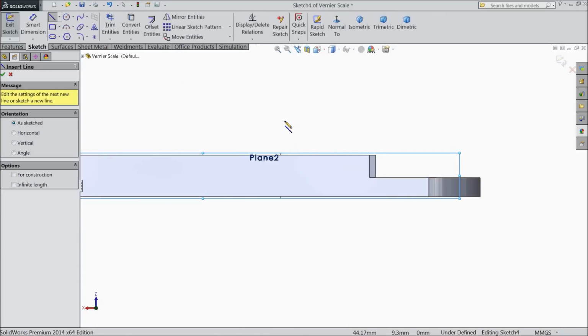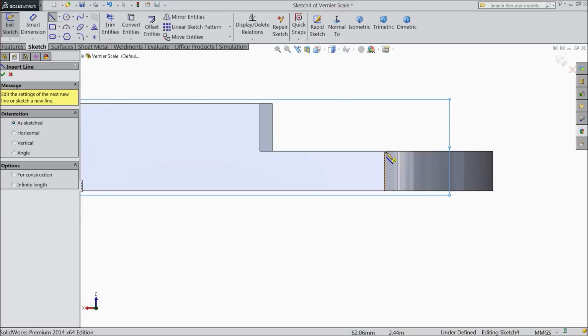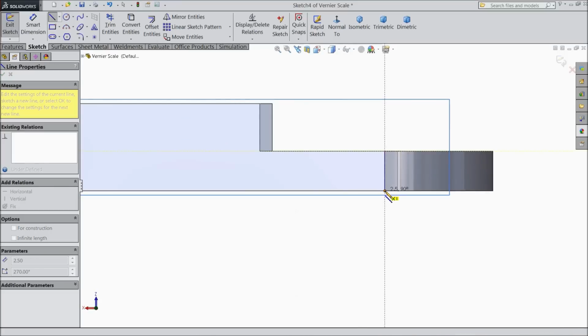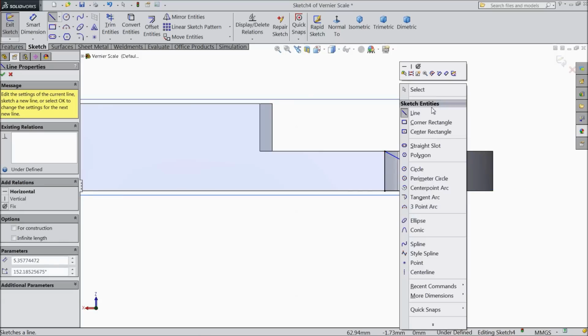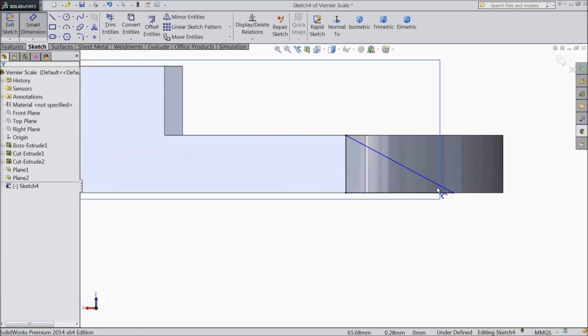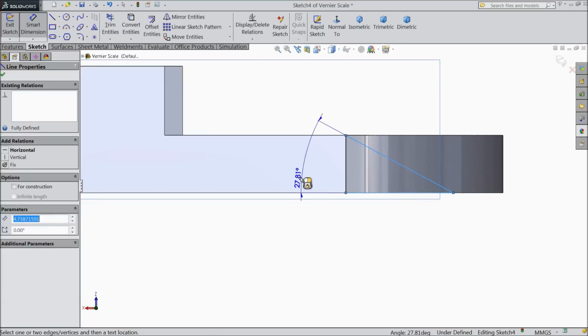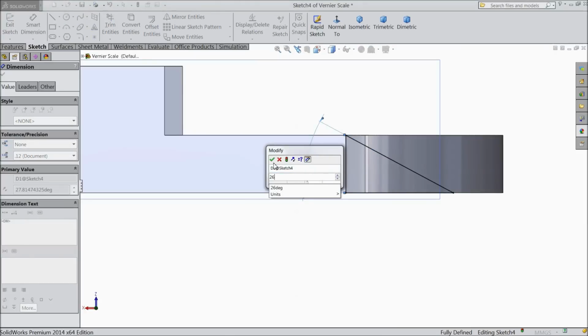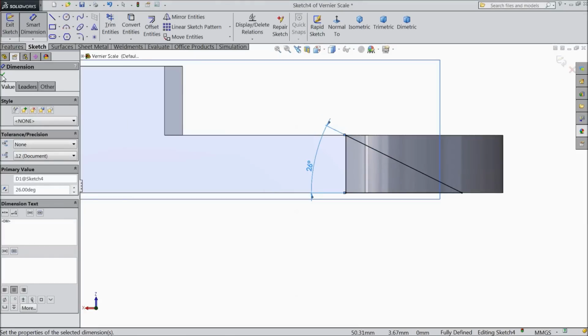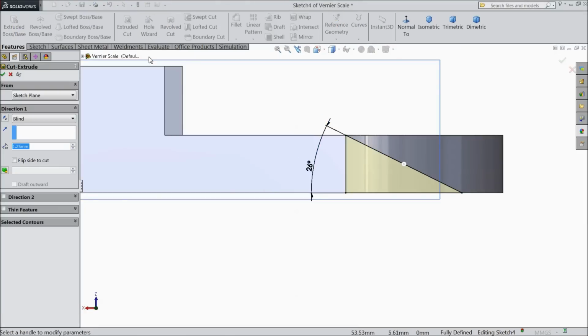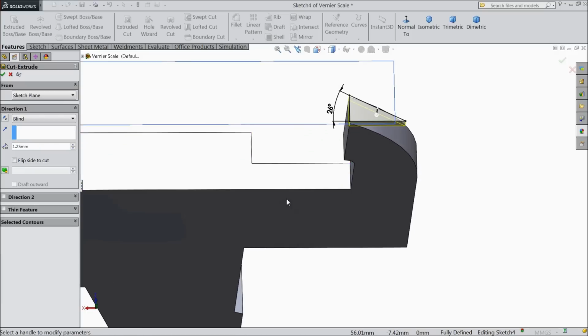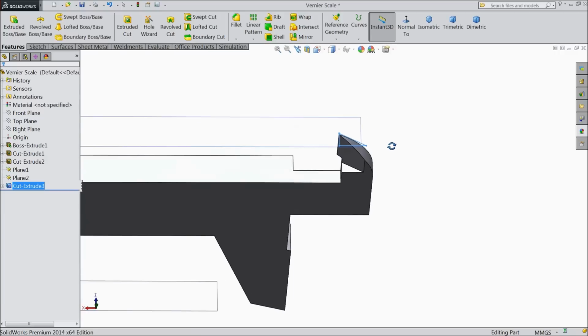Now select line and start to draw from one end to this end up to this end. Now exit from the line and assign angle 26 degree. Okay, select extruded cut and we want to cut up to 12.5 mm depth. Okay, now see,